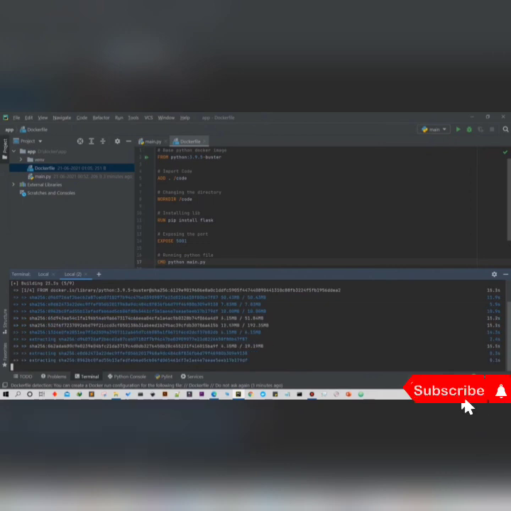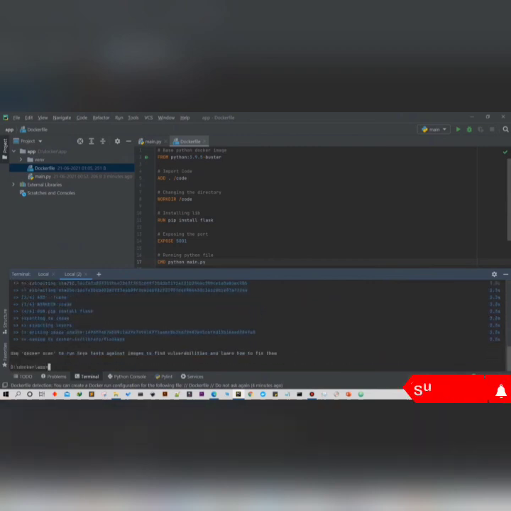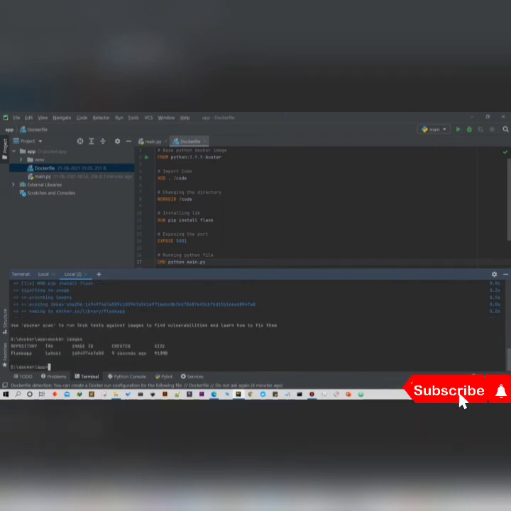Now it started all the process to extract the base image from the official Docker Hub website into our local registry. So whenever we use this Python base image, we're not required to pull it again from Docker Hub. Okay, now our Docker image is ready. Let me check it using the docker images command, and here you will get the list of how many Docker images are inside your system.